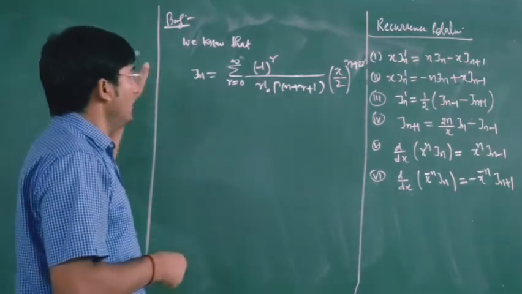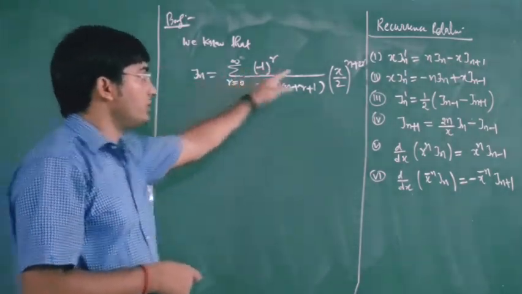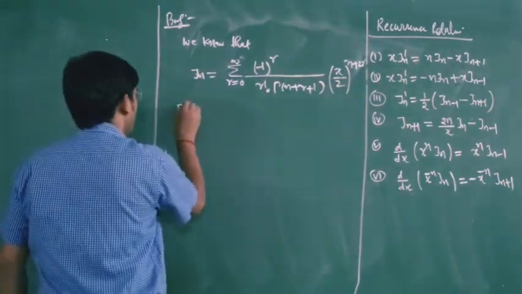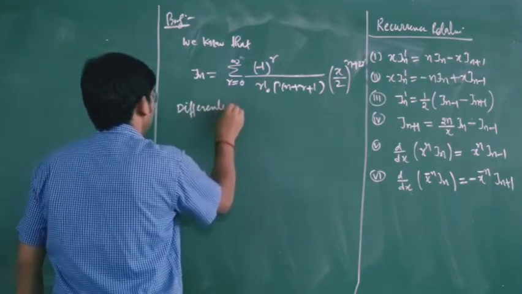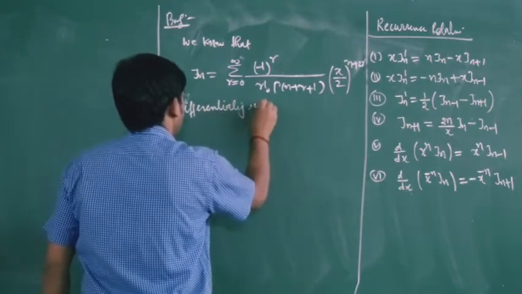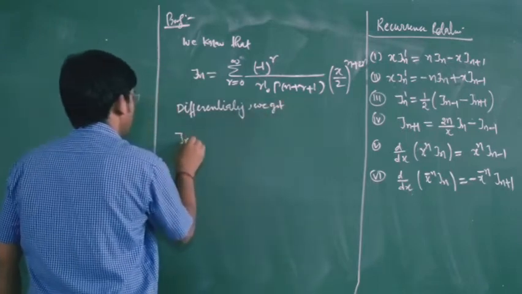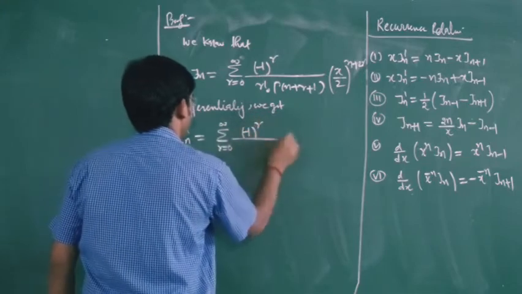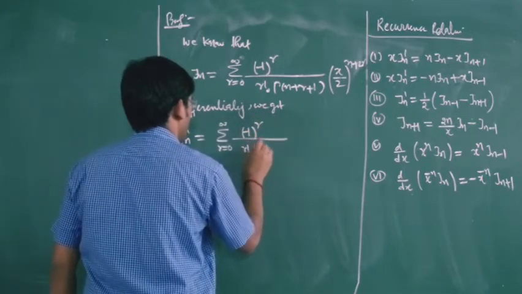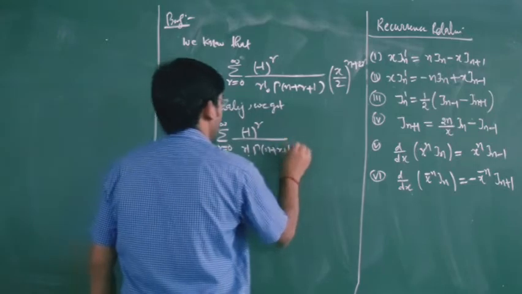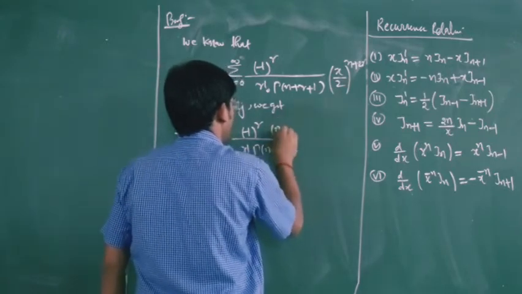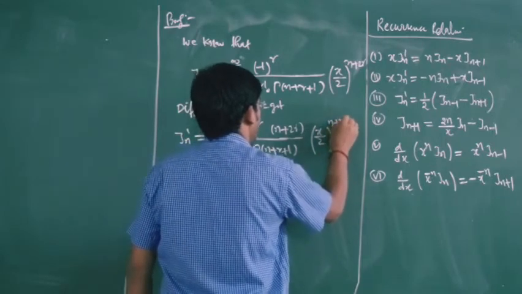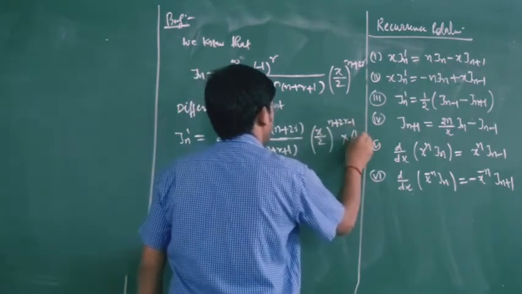Okay. Now let us differentiate this equation because we need Jn dash. So here I am differentiating this equation. So differentiating, we get Jn dash equal to summation r equal to 0 to infinity (-1)^r / (r! Γ(n+r+1)) times the differentiation as (n+2r), then here we will have (x/2)^(n+2r-1). Then we have the differentiation of the bracket as 1/2.